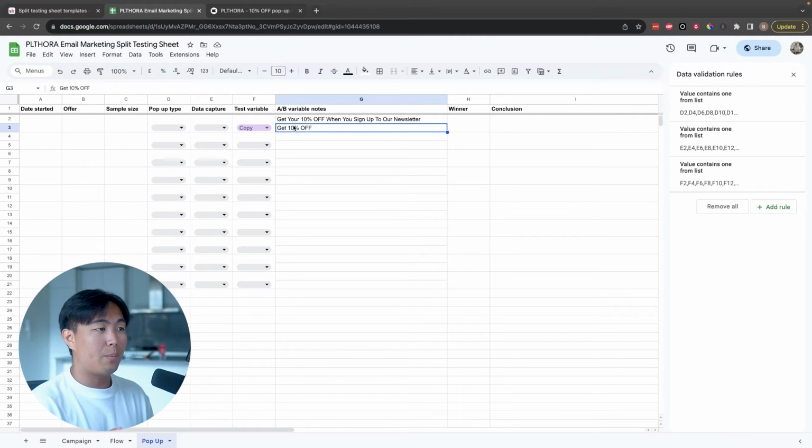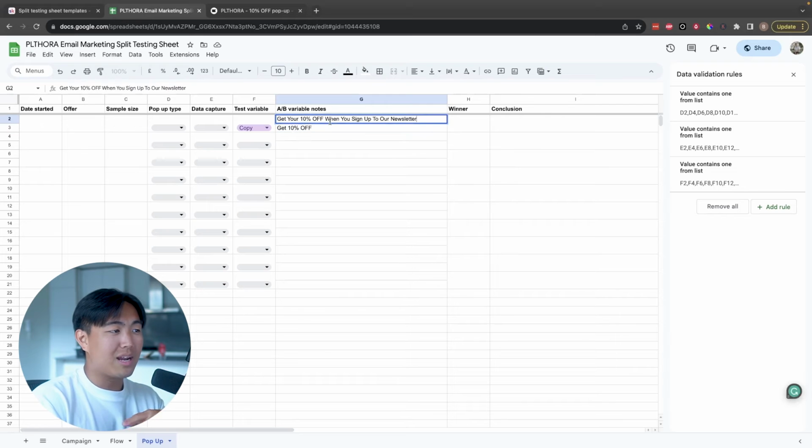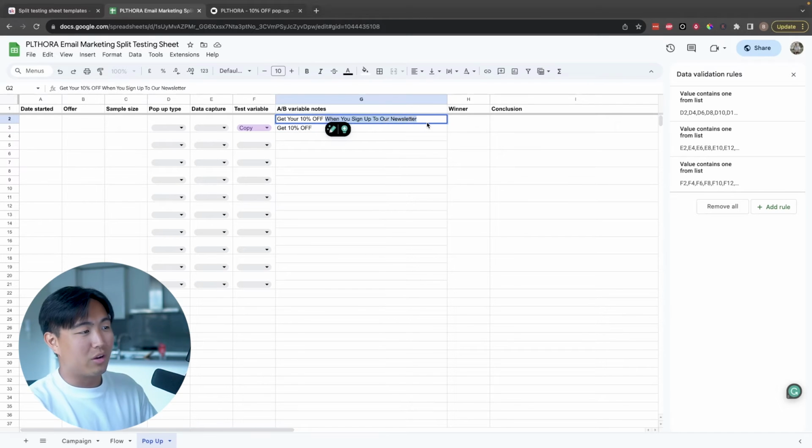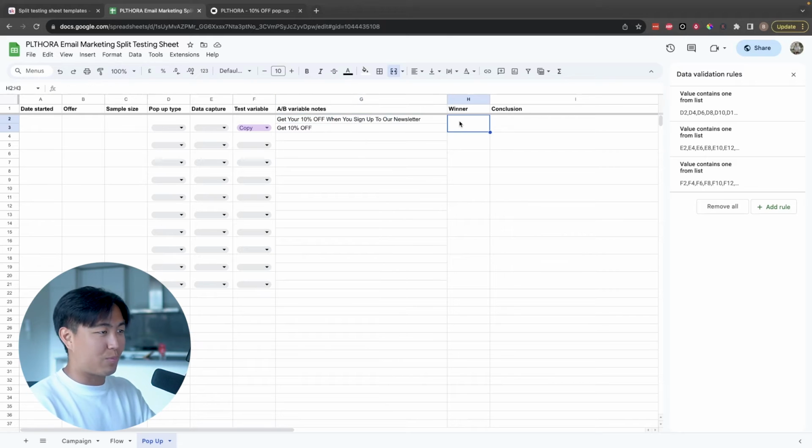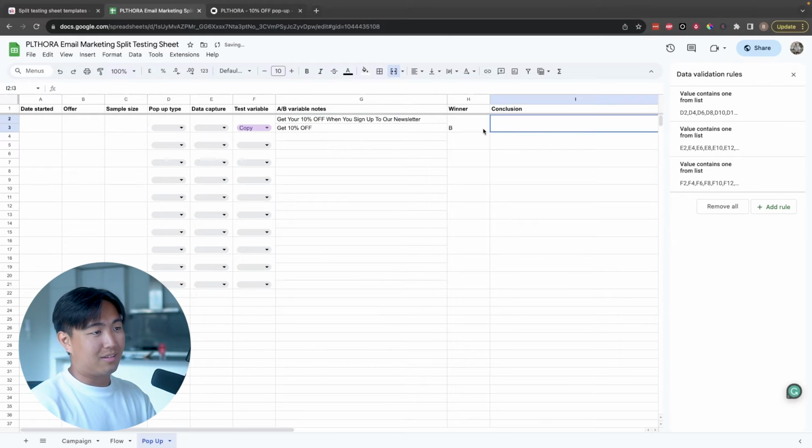In terms of copy, you want to keep it as straightforward and simple as possible. Just stick to the offer, right? Anything that says when you sign up to our newsletter or join our mailing list to get exclusive updates and all of this, it generally drops conversion rates, right? You want to keep it as simple as possible, but let's just pretend we split tested this,